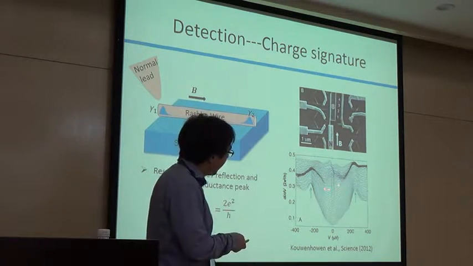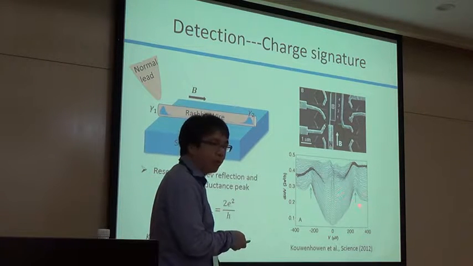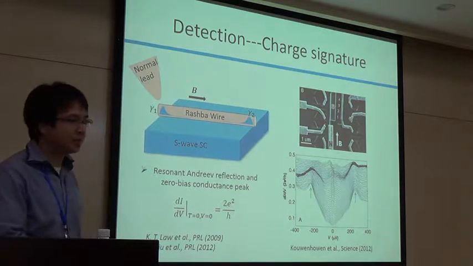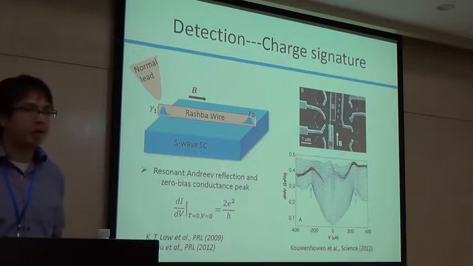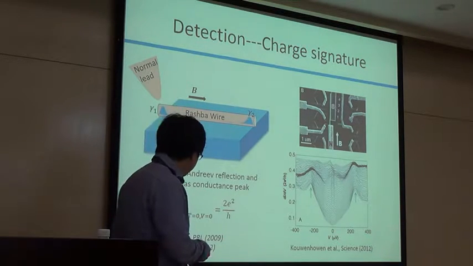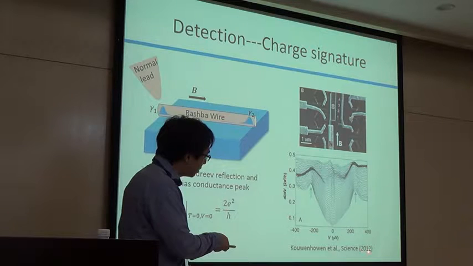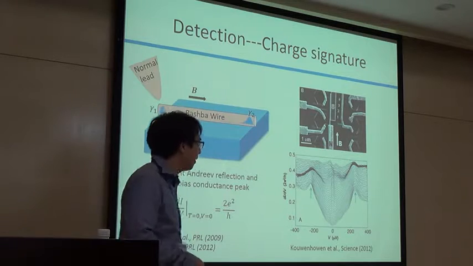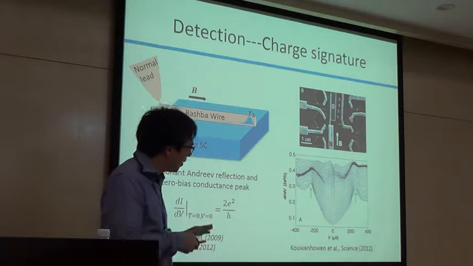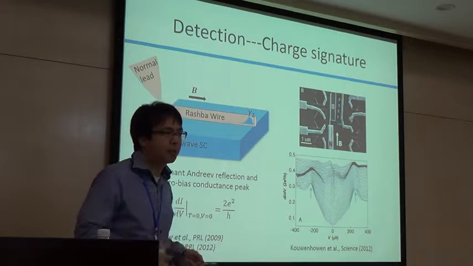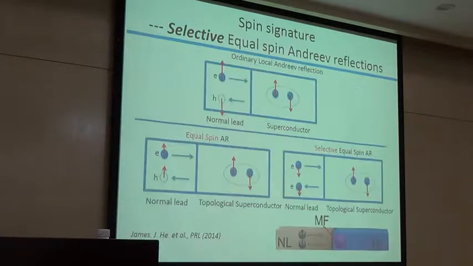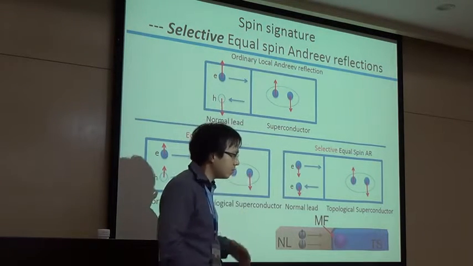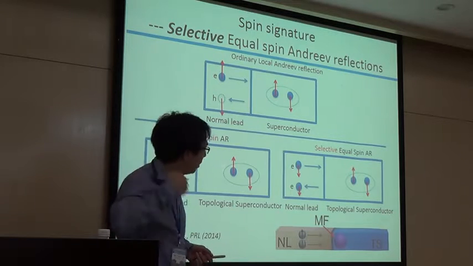And it's possible that this can be Majorana, but it's also possible that it's not. There's a lot of argument about this. For example, we studied this problem right after they published the experimental result, and we argue that this peak can maybe have some disorder origin. So it's very hard to tell just from this whether it's a real Majorana or not. There's a lot of debate about this. So with charge transport, it's very difficult to tell.